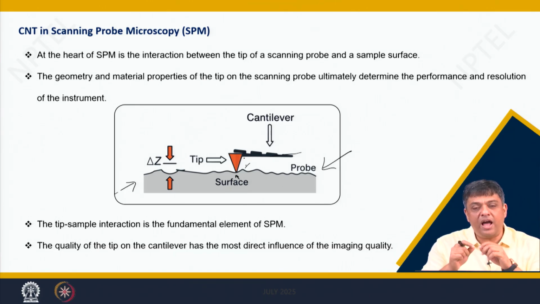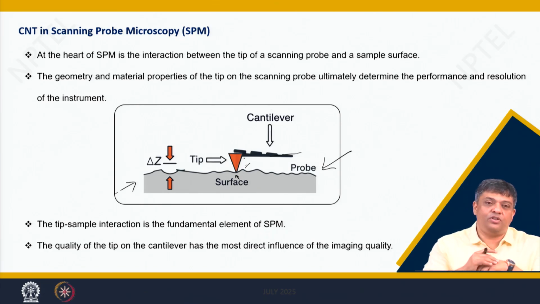So, you have to have a very thin tip. Now, if you take a metal and you have a very sharp tip of it, then it becomes very weak, and the moment there is an interaction with some kind of an obstacle or a hindrance, it will break, and then you will not be able to scan it.